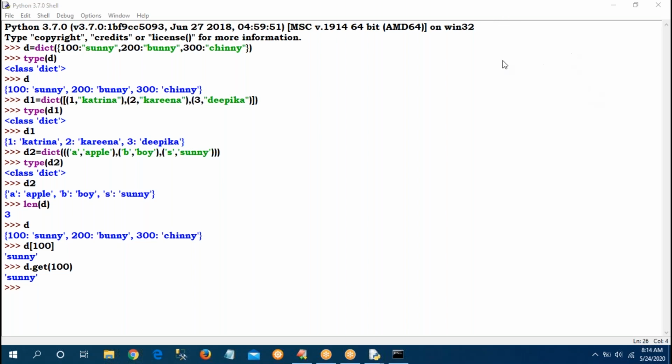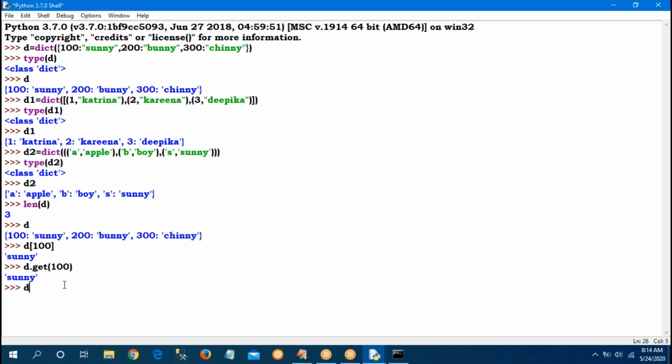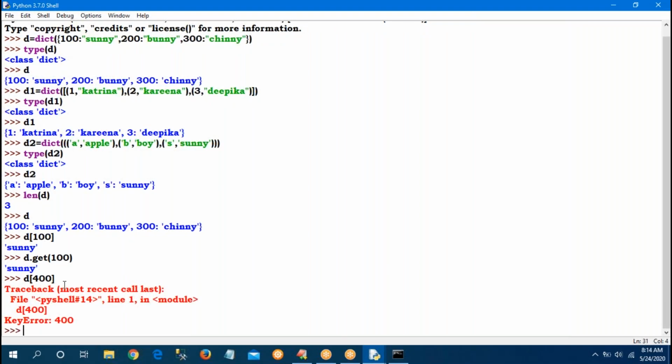The difference is, suppose I give D of 400. 400 key is not there, I will get the key error. Whereas D dot get of 400, sir, if the specified key is available, I will get the value. If the specified key is not available, get function will return none value.